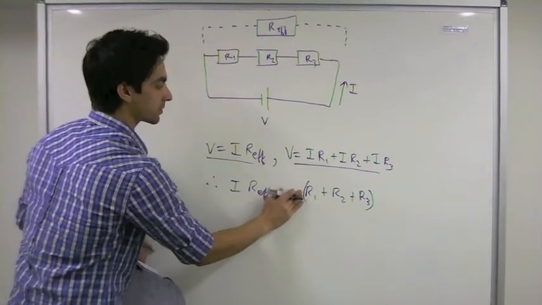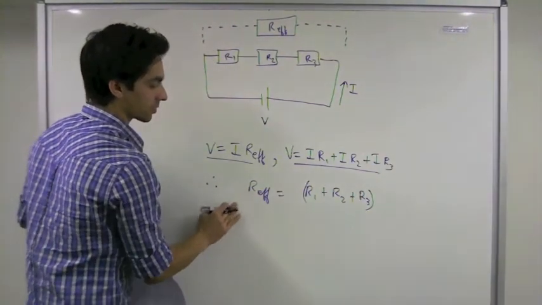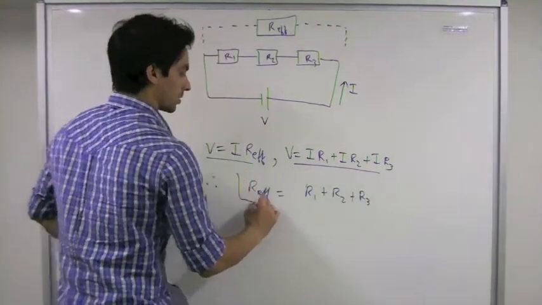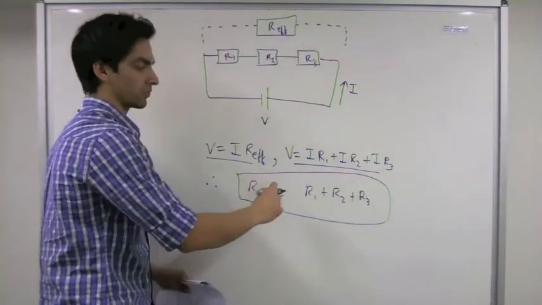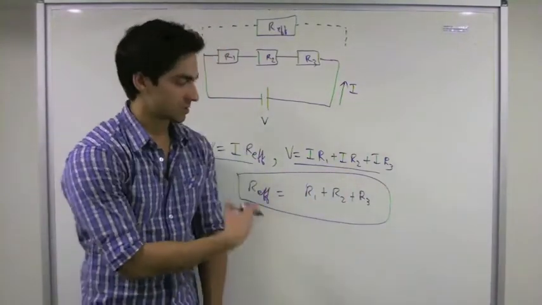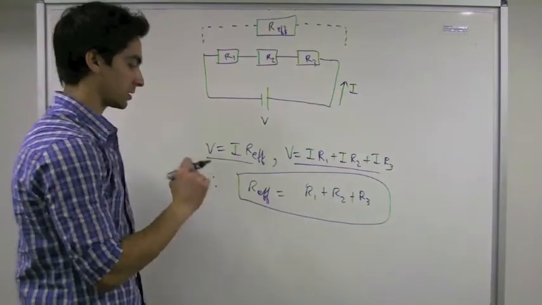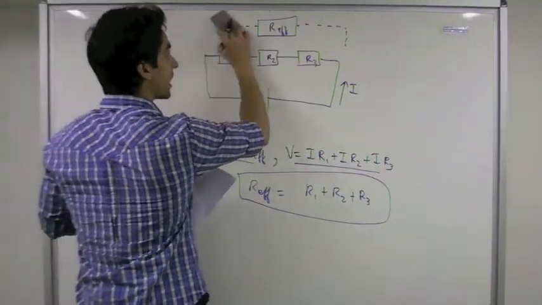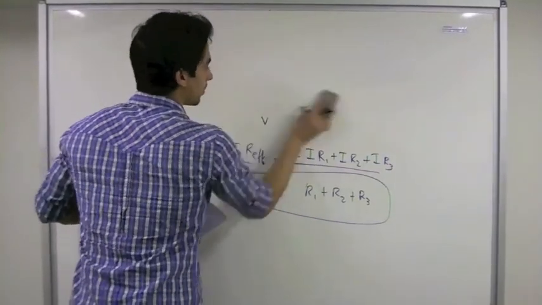Hence R effective equals R1 plus R2 plus R3. This formula holds no matter how many resistances we have in series. So this is for series circuits. If we have a parallel circuit,